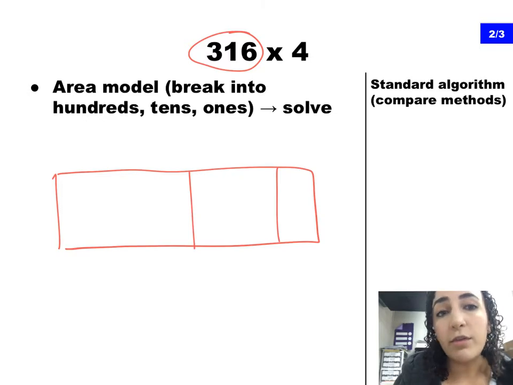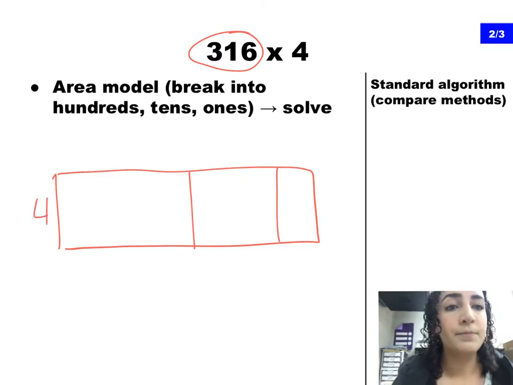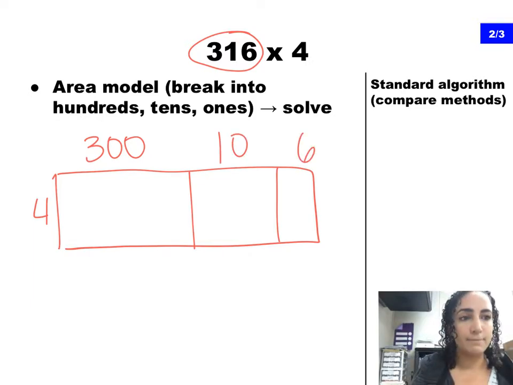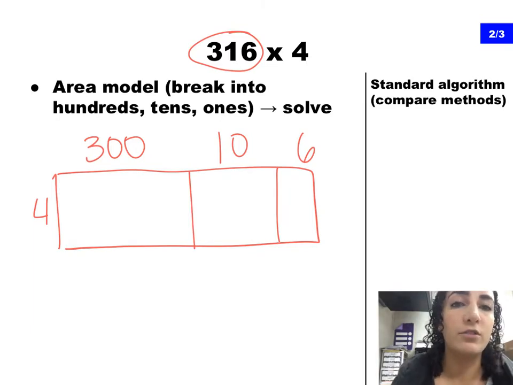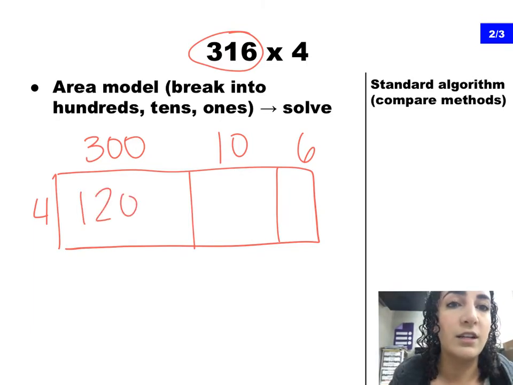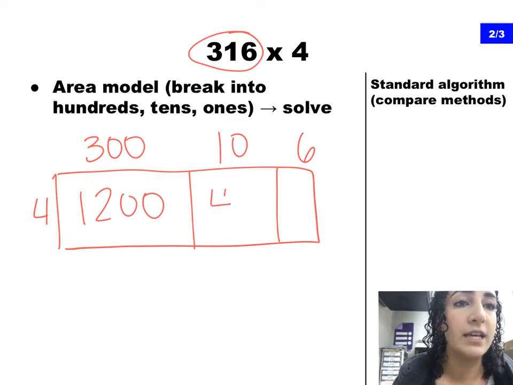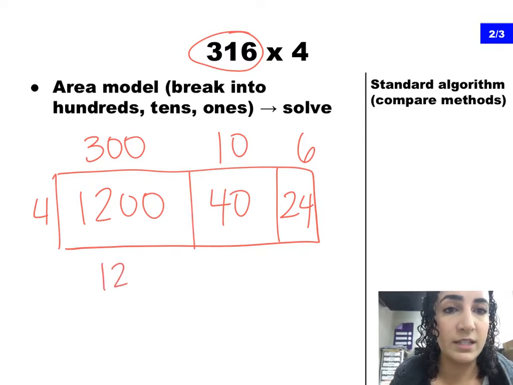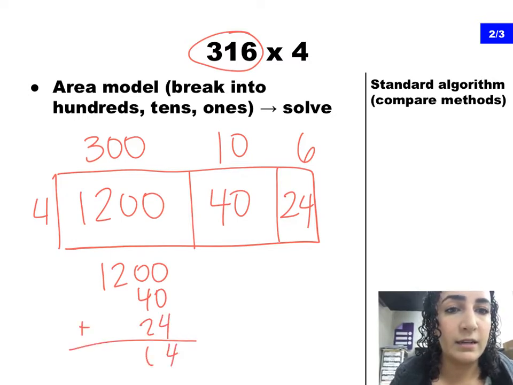I'm going to label the width of my rectangle as 4. And then across the top, I'm going to put the different units in 316. So I have 300, 10, and 6. And what I'm going to do now is find the area for each of those smaller rectangles. So 4 times 300 is 1,200. 4 times 10 is 40. 4 times 6 is 24. And now what I will do is add up my partial products, and the number I got was